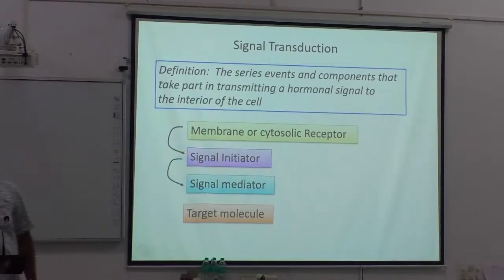Signal mediators. Particular second messengers will trigger the cascade reaction somewhere in the cell. So those will be signal mediators. For example, if you can recall from what you have studied so far, in glycogen metabolism, regulation of glycogen synthase, regulation of glycogen breakdown, there is cyclic AMP production in view of ligand association